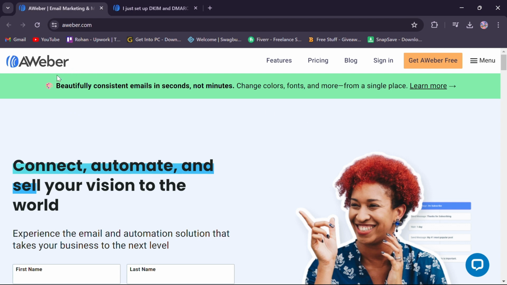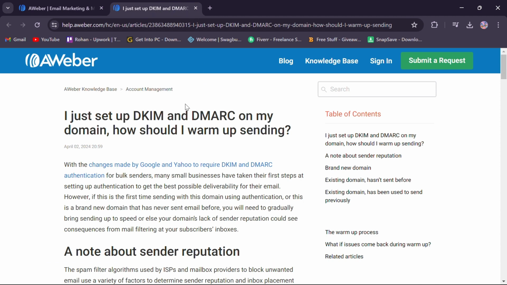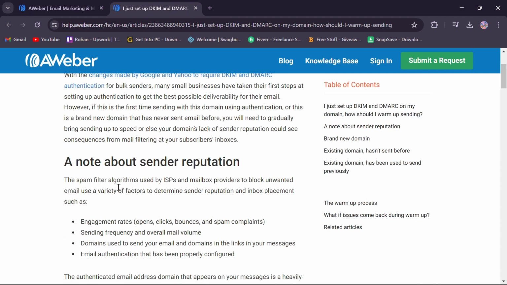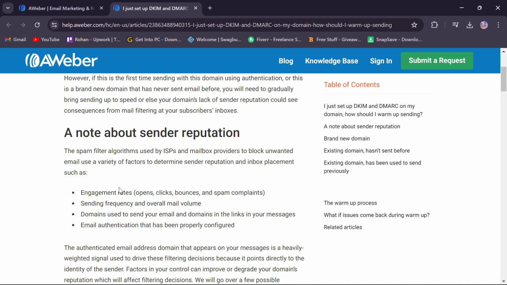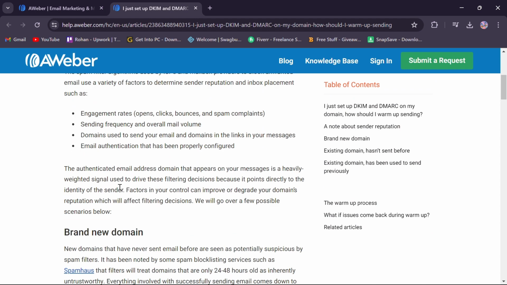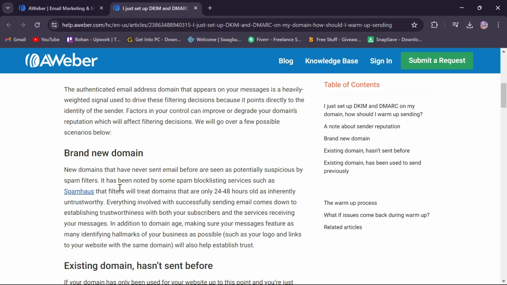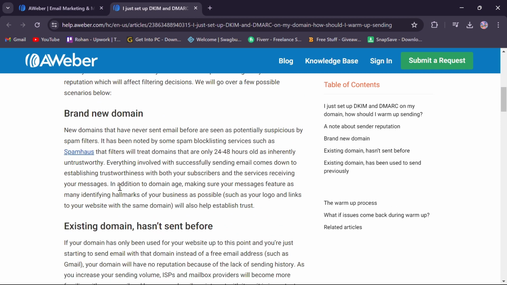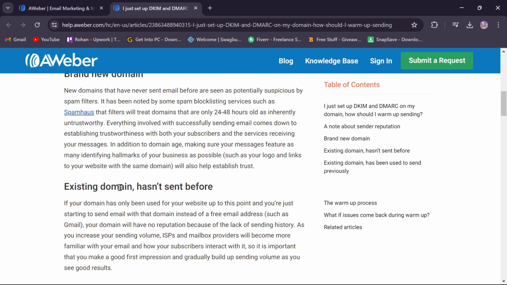Now let's get started. Before you start sending emails, it's essential to set up DKIM and DMARC on your domain. This helps improve your email deliverability and reduces the chances of your emails ending up in spam folders. Then, segment your email list based on factors like engagement level, purchase history, or interests. This allows you to send targeted emails that are more relevant to your subscribers, increasing engagement and reducing the risk